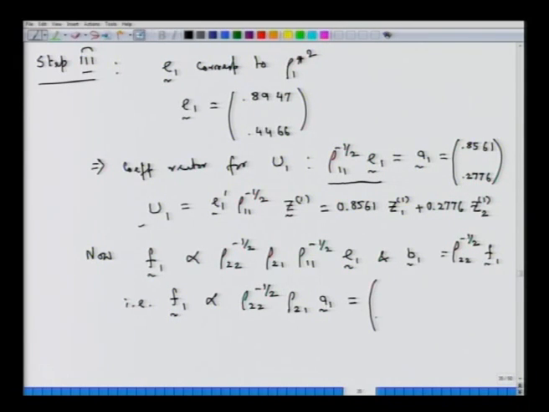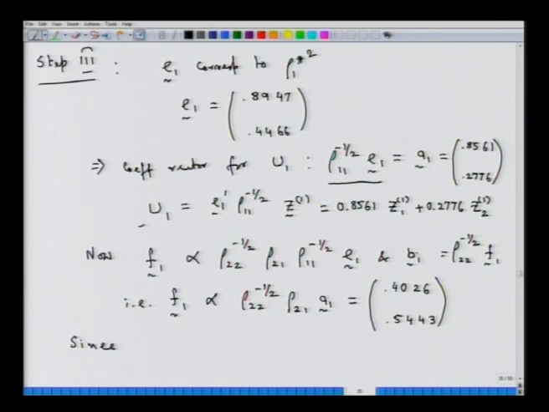So, what we are going to have is to write the numerical values, which is 0.4026 after computations, and 0.5443. So this F1 is going to be proportional to this. Now, how do we obtain the proportionality constant? Now, note that when we are going to obtain this B1, B1 is the coefficient vector which is going to be multiplied